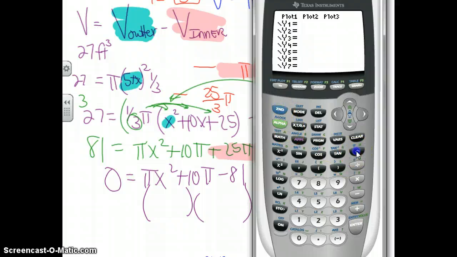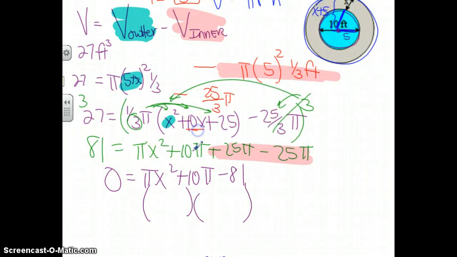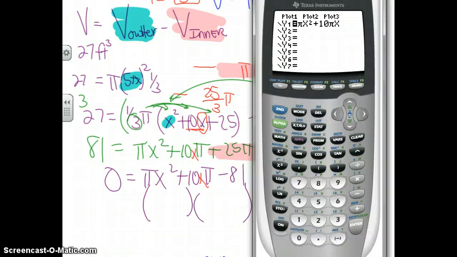So I'm going to type in here pi x squared plus 10. Let's see, I think this should have been a pi x. I think I skipped an x term right here. This x should be in here because of this x right here. So 10 pi x